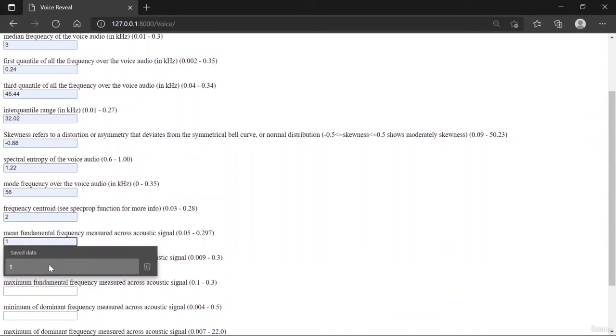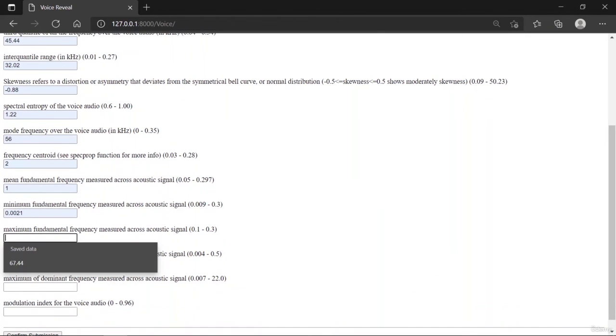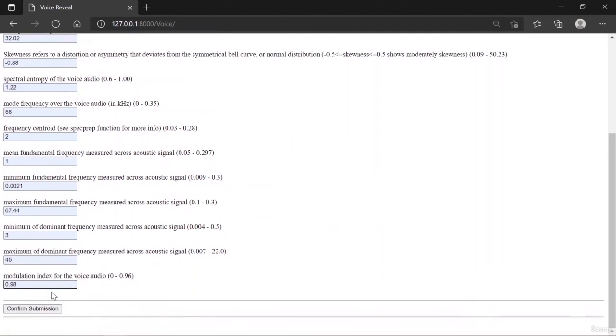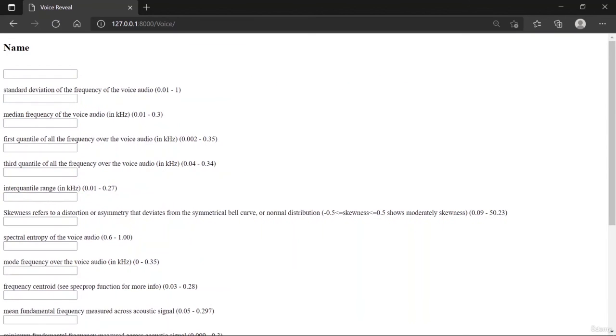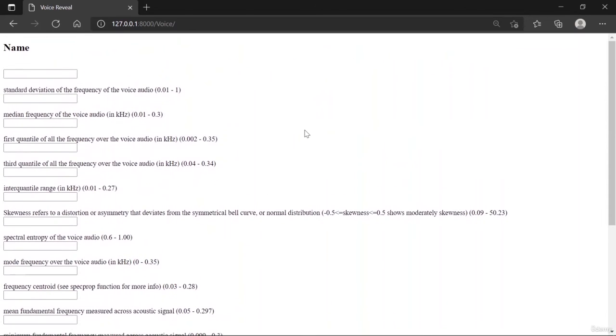There are a lot of values. Finally the form has been filled. If I just click on confirm submission, you would see that the voice is of a female. So it has predicted. With this, I would just complete the second part.